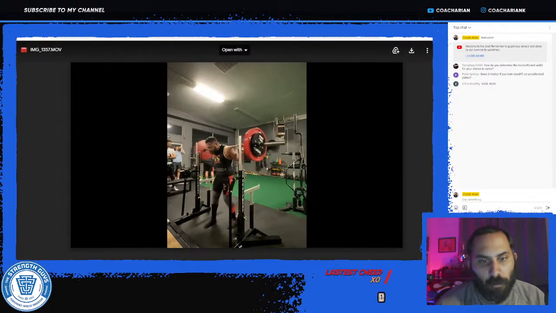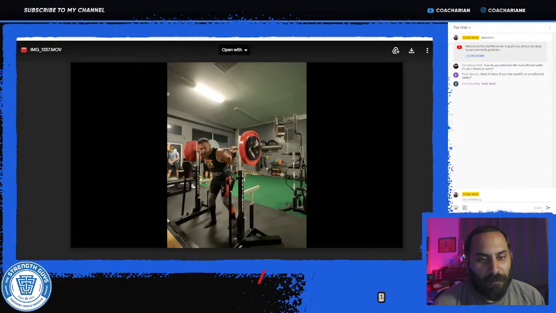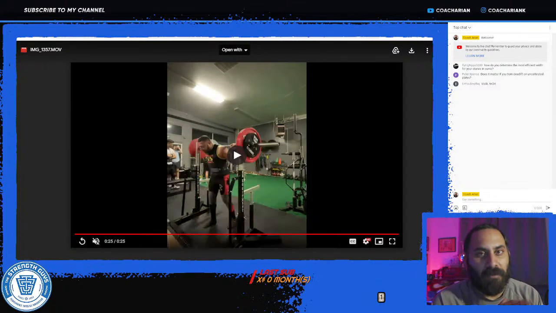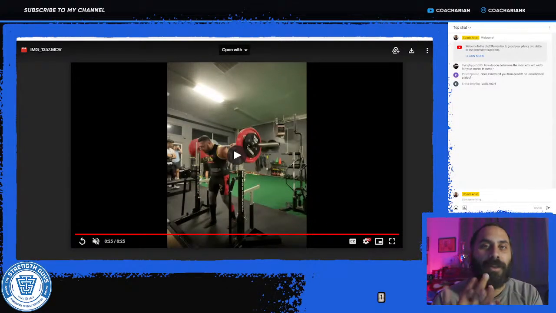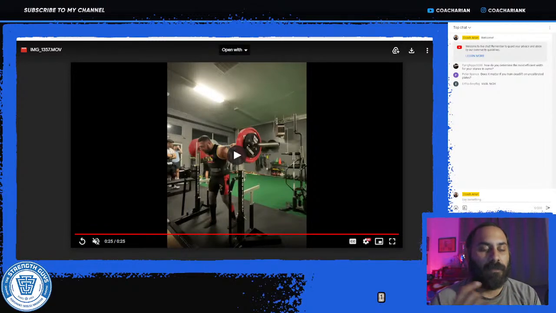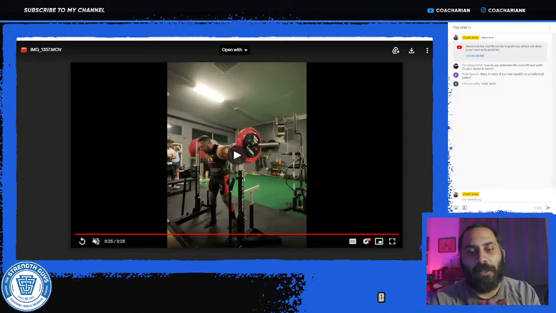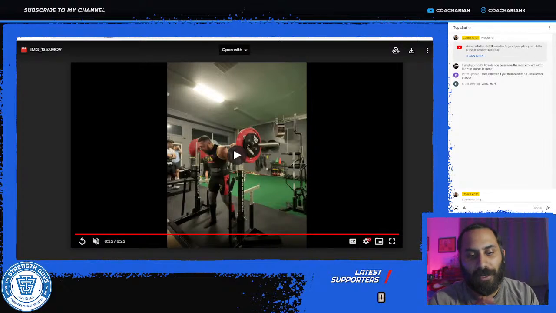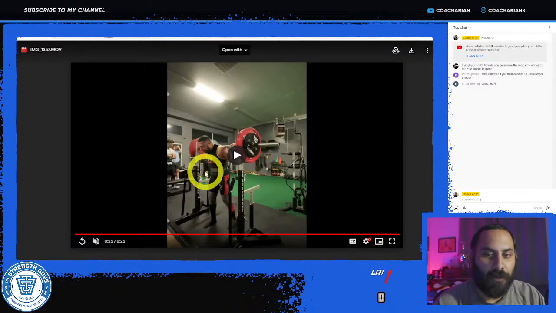So I tend to be more conservative with my approach of calling RPs. I'd rather something be a 7.5 and I call it an 8 and be on the safer side, rather than something being a 7.5 and I call it a 7 and now I'm on the wrong side of it, as far as if you're going to adjust the weight for the following set, or whether you're going to use that to have an estimated max to run future training weeks, or if you're going to use it to build some kind of game plan. So I'm always a little bit more conservative.